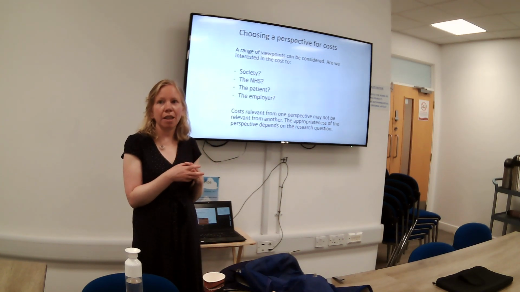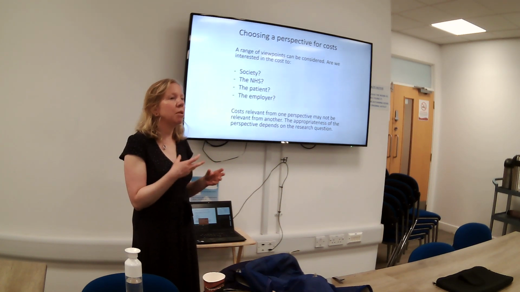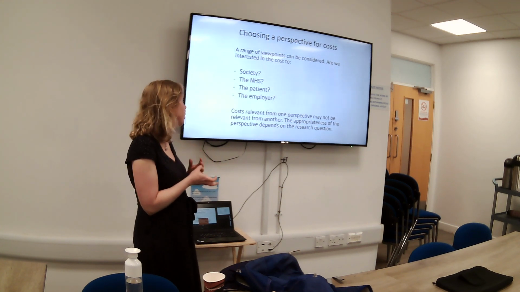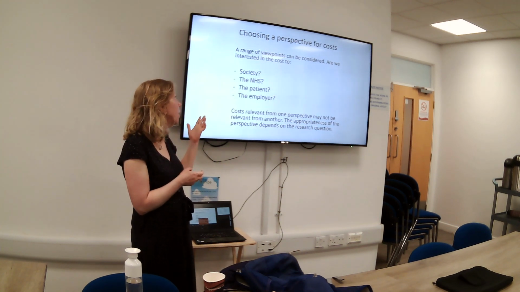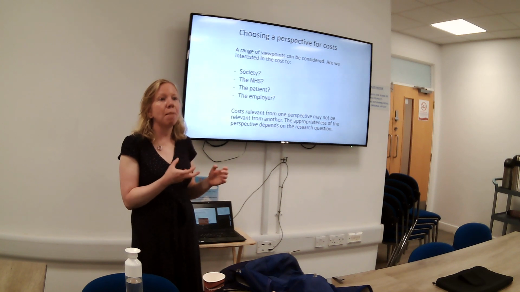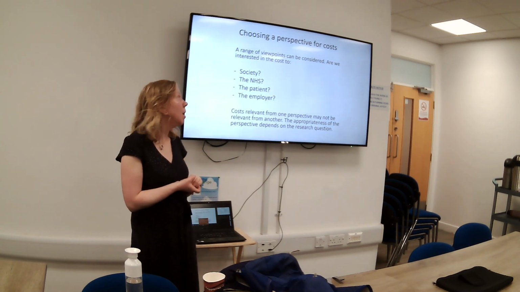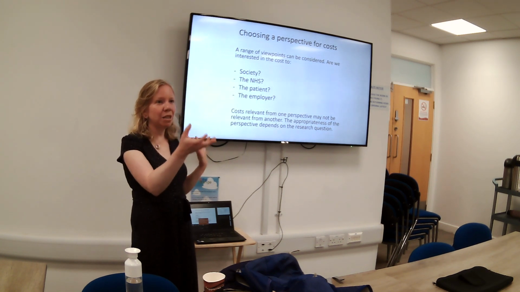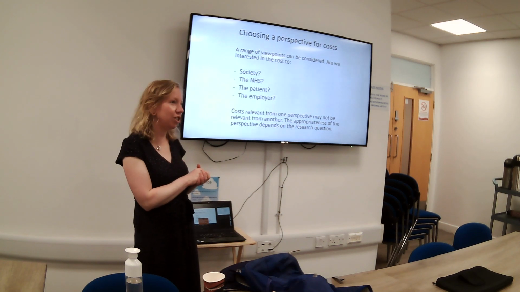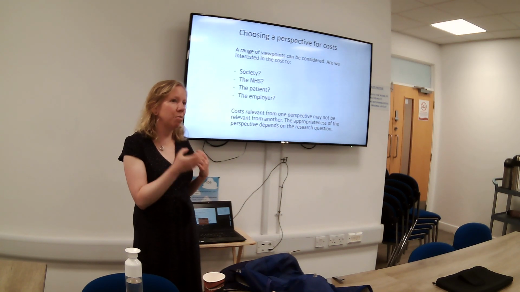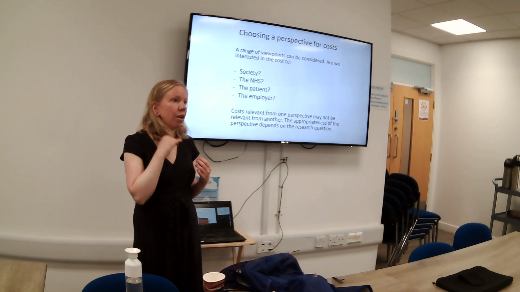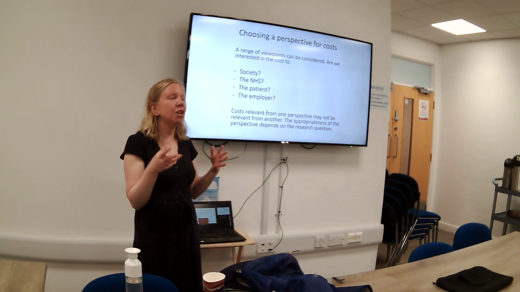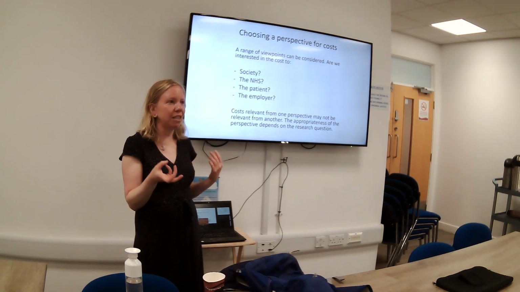You have the NHS, so that would be looking at health costs. You could also have employers, if you're looking at back to work programmes, and society, so if you're looking at reductions in crime and everything like that, that would be a societal perspective. Or if it's, say, a gardening club looking at environmental benefits, that would be